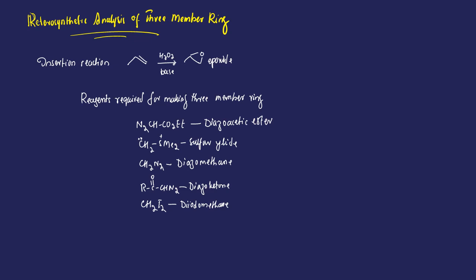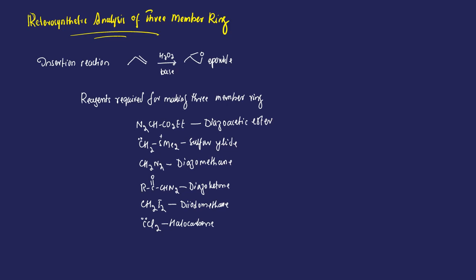Similarly, we can use haloform or halocarbenes such as this. This is a halocarbene. So these are different reagents which can be used for insertion reaction in order to make a three-membered ring system. We will check out these reagents so that we could understand how they could be applied for making a three-membered